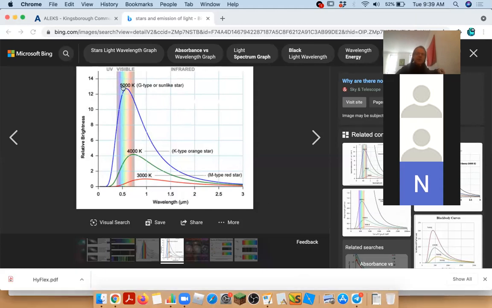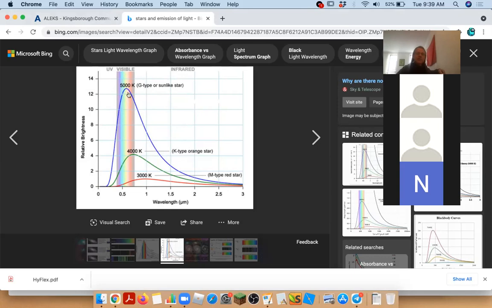See here in the middle is the rainbow. So you've got violet all the way through red. Those are the visible light that we can see with our eyes. To the left over here is called UV or ultraviolet light. We can't see that with our eyes. Some people can see a little bit of ultraviolet if they have really good vision. Most people can't see very much ultraviolet, but there are animals that can see ultraviolet.